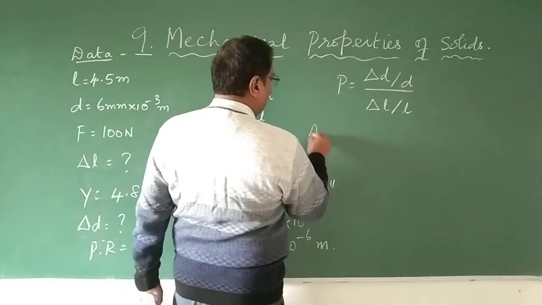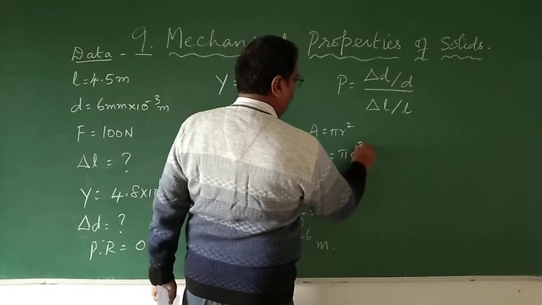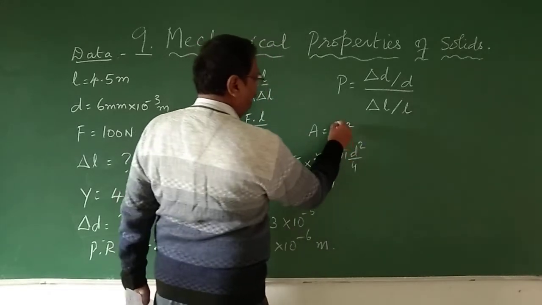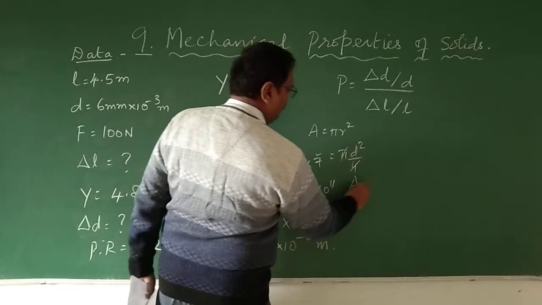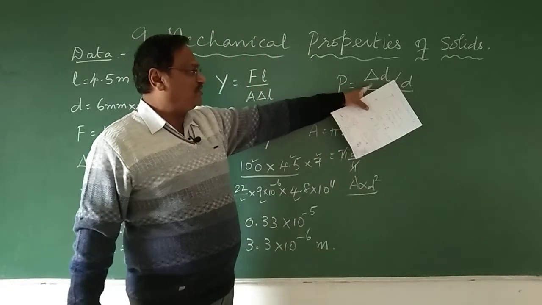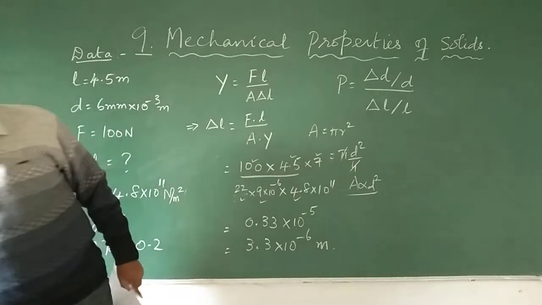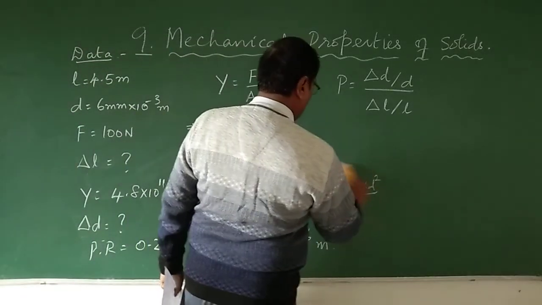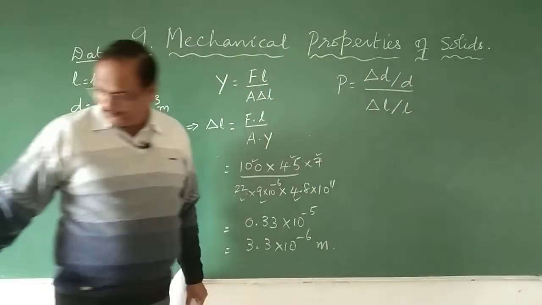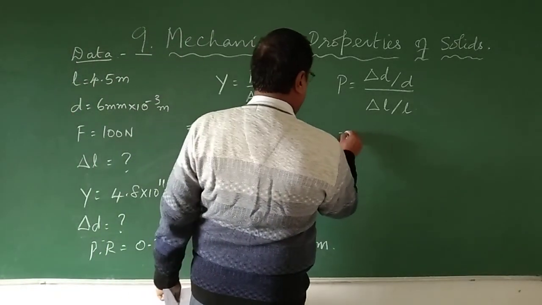I said that area is equal to pi r square, that is equal to pi d square upon 4. So pi and 4 are constant, so area is proportional to d square. So I can use this, that is the change in the diameter with respect to the original diameter. So this is Poisson's ratio. Now let us take it forward. That is equal to Poisson